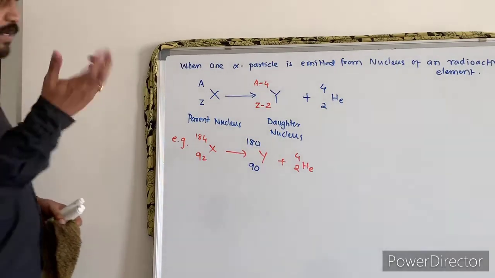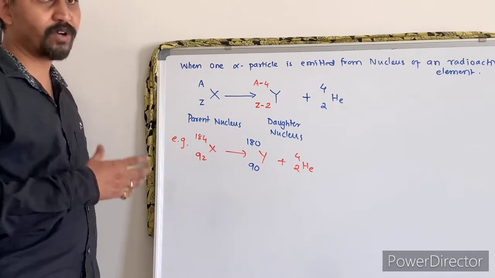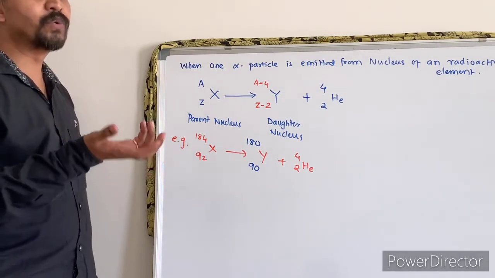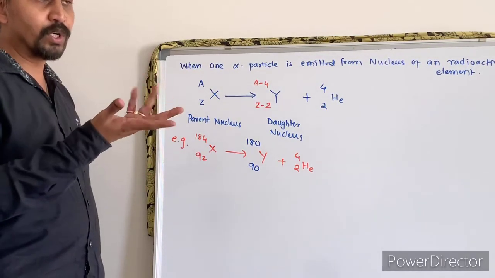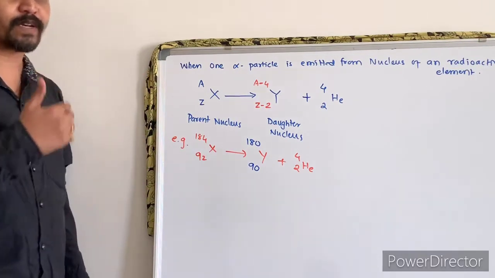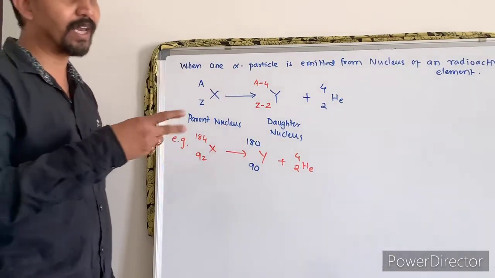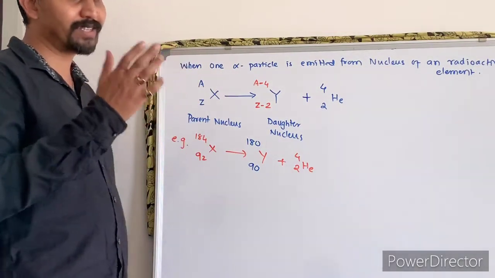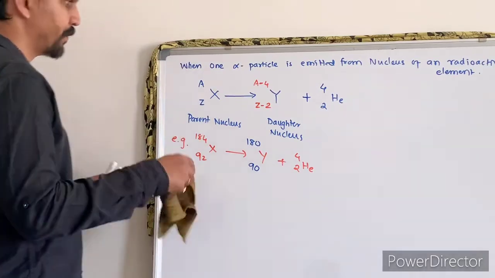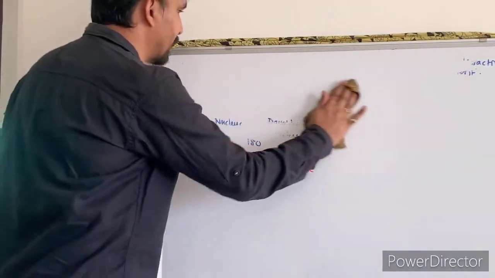Now according to chemistry I can say if one alpha particle is emitted from the nucleus of the radioactive element, then the new element formed will shift 2 places to the left in the modern periodic table. This kind of question they can ask in this chapter. Right? Now we'll go with beta.